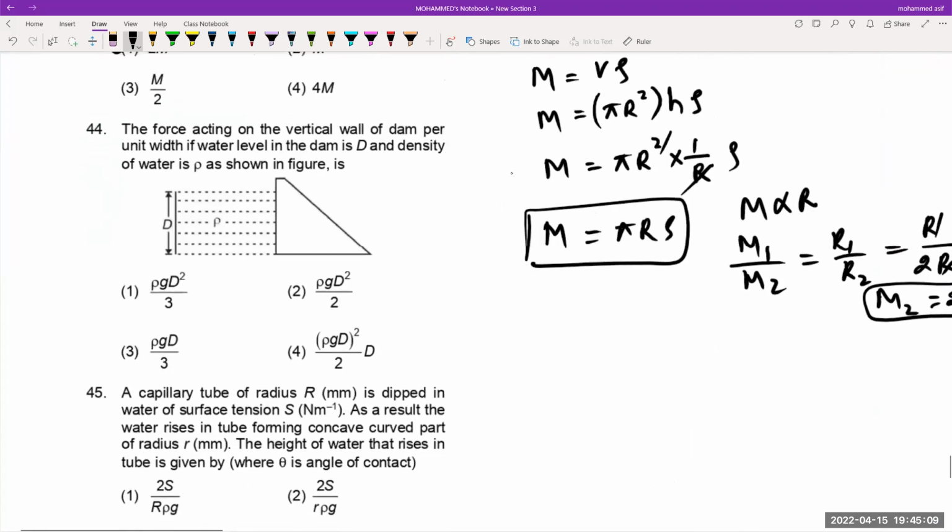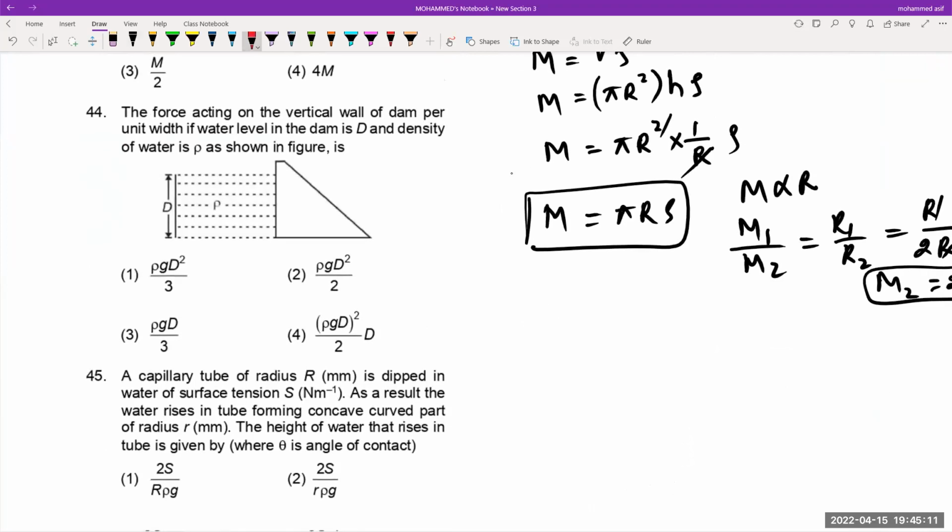चलो क्वेश्चन नंबर 44, ये तो डायरेक्ट ये भी करवाया था मैंने। The force acting on the vertical wall, तो इस लिक्विड की वजह से इसके ऊपर फोर्स कितना लगेगा? तो मैं यहाँ पर एक छोटा सा क्रॉस सेक्शन ले रहा हूँ बेटा, इस क्रॉस सेक्शन पे फोर्स कितना लगेगा? मान के चलो ये डिस्टेंस ऊपर से कुछ y है और इसका विड्थ हो गया मेरे पास dy, यानी एक छोटा सा एलिमेंट ले रहा हूँ मैं यहाँ पर इसका, इस तरह से, ठीक है ना? तो इसका विड्थ हो गया मेरे पास dy और इसका डिस्टेंस हो गया मेरे पास 1 मीटर।